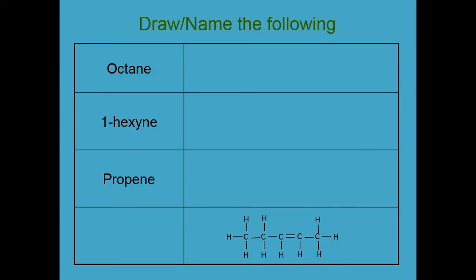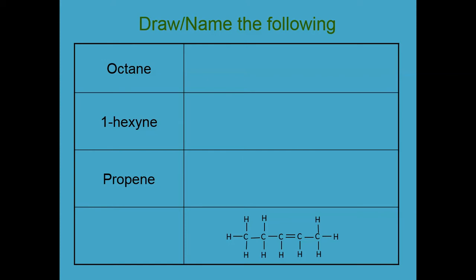Alright, this was your homework from yesterday. I asked you to see if you could draw the structures if you're given the name, or name the structure when you were given the drawing. Remember that the drawing is called a structural formula. You could also technically write out the chemical formula. A lot of times it's easier to see exactly what it looks like by drawing the structural formula, but let's